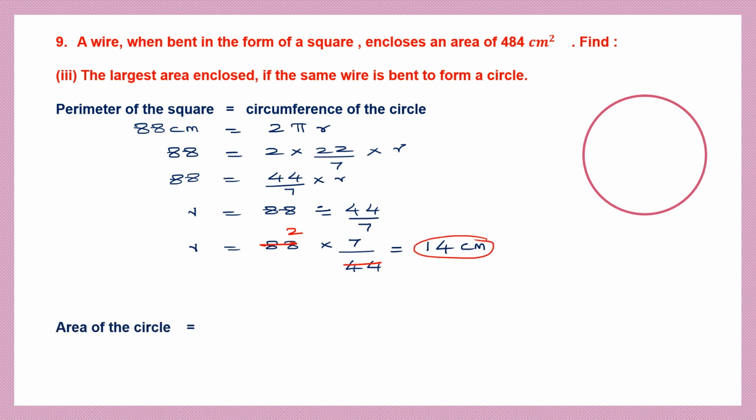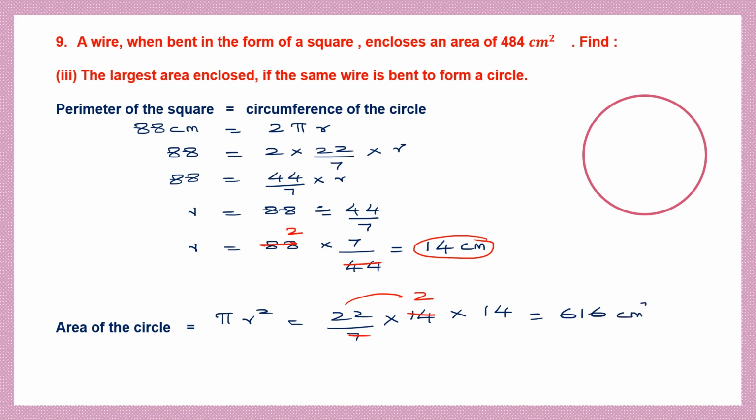So the area of the circle is pi r square, which is 22 by 7 into r, which is 14. So 14 r square means 14 into 14. Cancel. 7 2s are 14. Now multiply 22 into 2 is 44. And 44 into 14 is 616. So we have found the area of the circle, that is